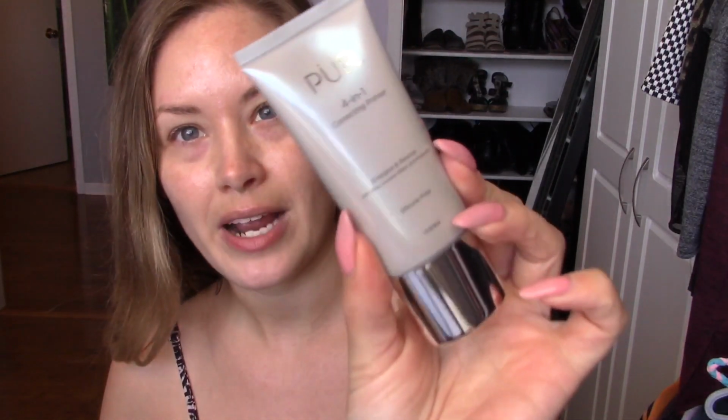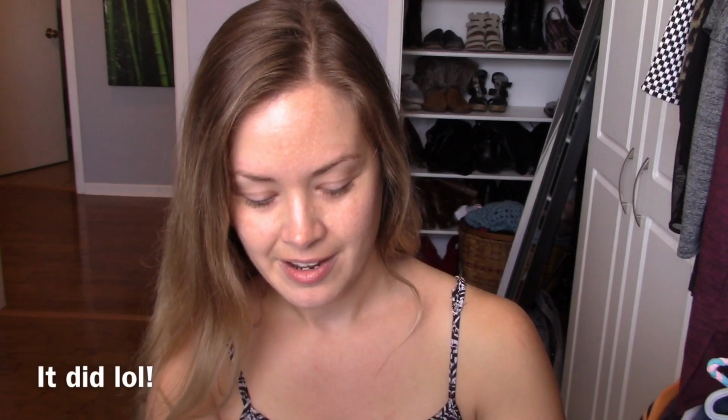Okay, so for my primer for today, he chose the Pure 4-in-1 Correcting Primer. This is the Energize and Rescue version of this. They have quite a few different ones. I got this in a BoxyCharm and I actually haven't used it yet, so we're gonna use it today. It does have coconut water in it, so I'm interested to see if this is gonna break me out. That's why I haven't used it yet. So we'll find out tomorrow